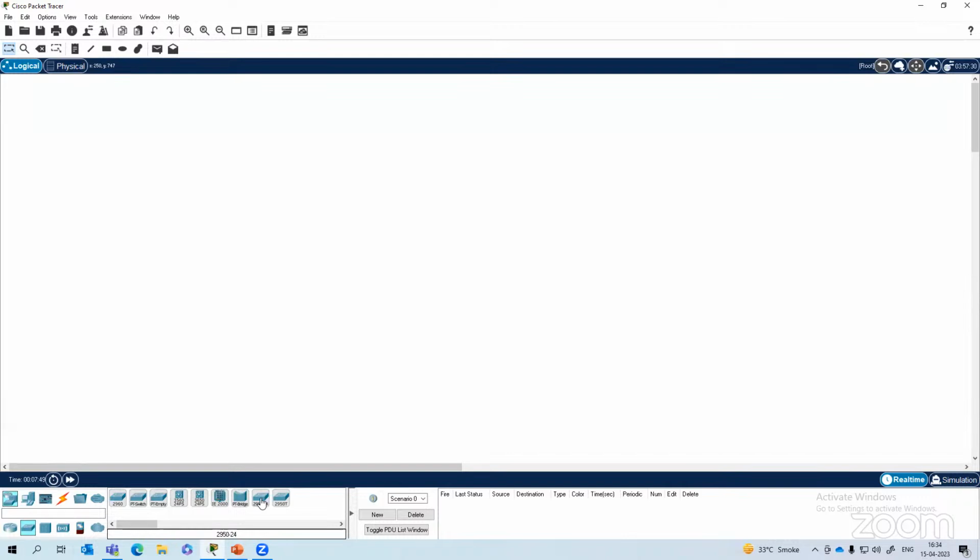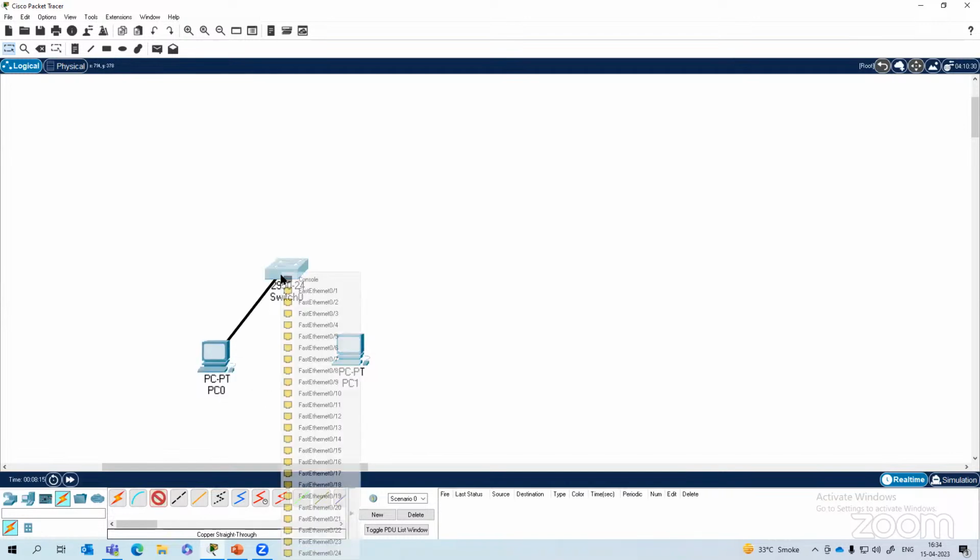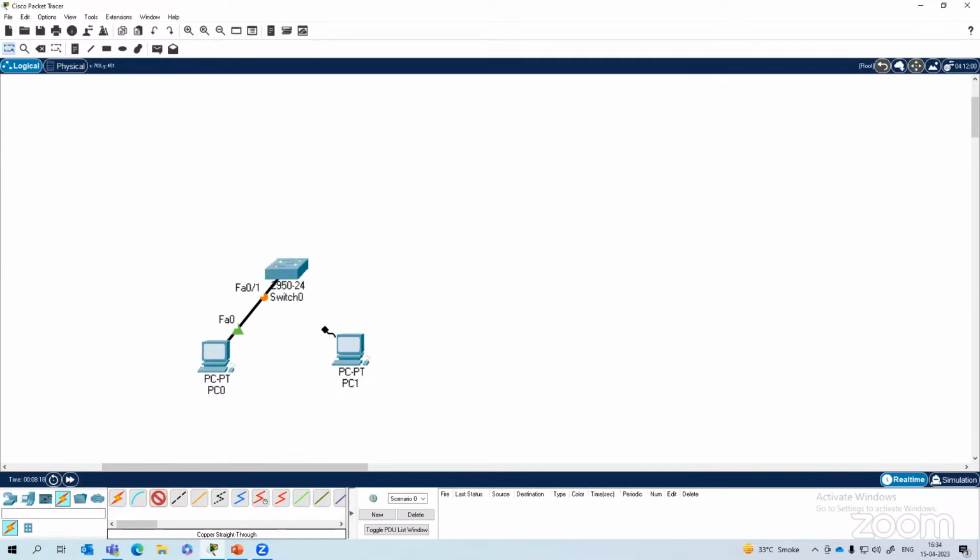I hope you can see my Packet Tracer screen. What we'll do is get a switch 2950, nothing fancy here, and a PC. This will be in VLAN 1, and we'll put the other PC in VLAN 2. First, let's connect our devices together. That's STP happening in the background, and it'll take its own 50 seconds. Meanwhile, what we'll do is